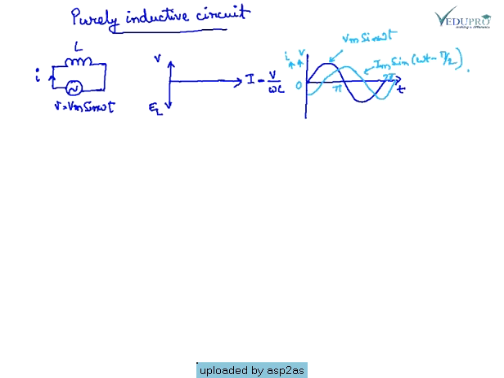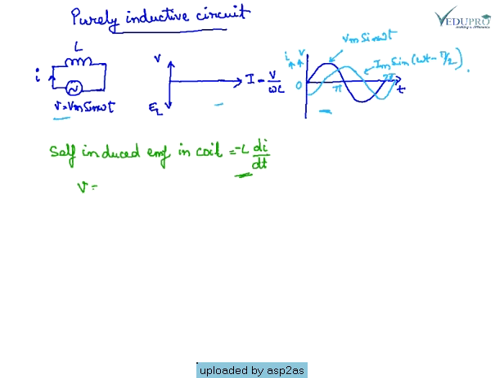We will see the effect of a purely inductive circuit. The voltage applied here is Vm sin omega t, and the coil is of L Henry. Then the self-induced EMF in the coil is minus L di by dt. Since the applied voltage at every instant is equal and opposite to the self-induced EMF, V is